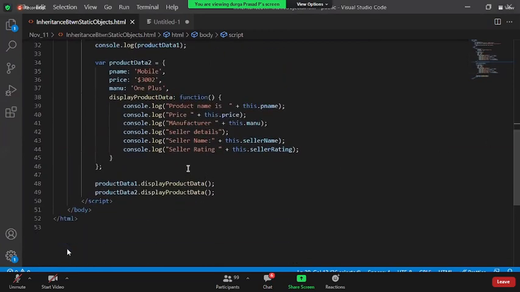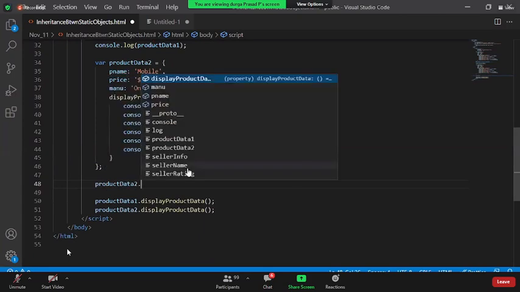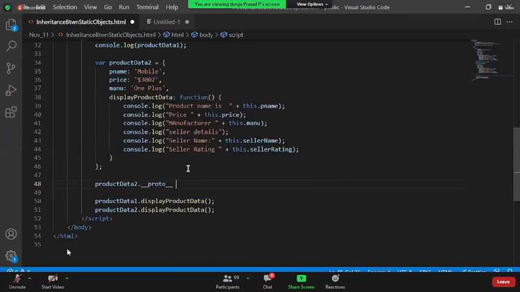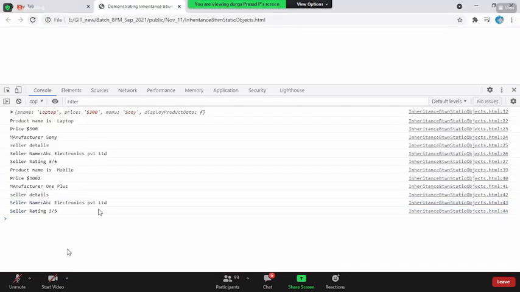Now, for that, what do I need to do? I need to say productData2.__proto__ is equal to again sellerInfo. One object can be inherited by any number of other objects. Okay, now if you save this, come back over here and reload the page, we can access the seller data in both product 1 and product 2.